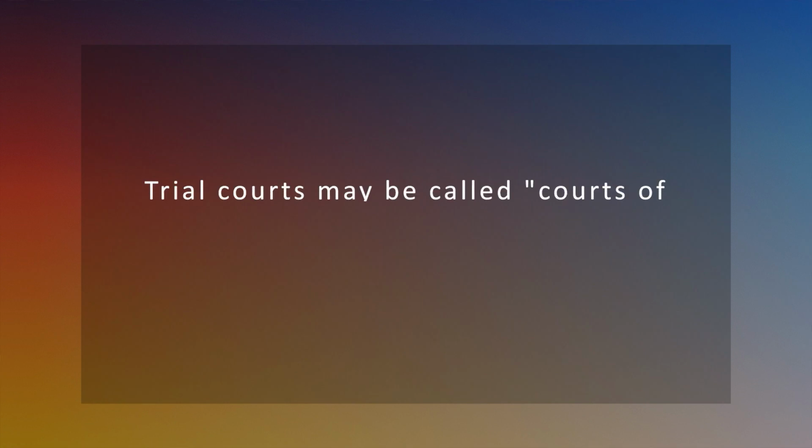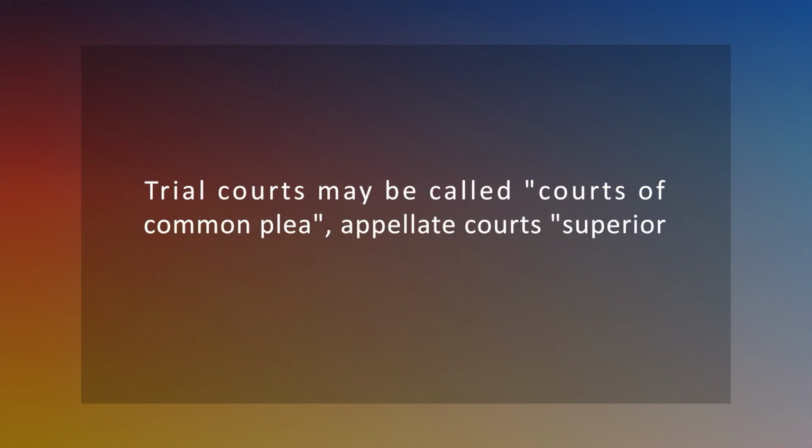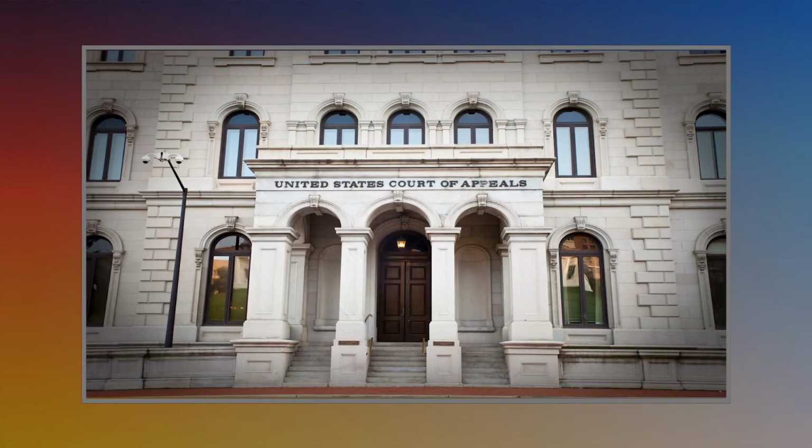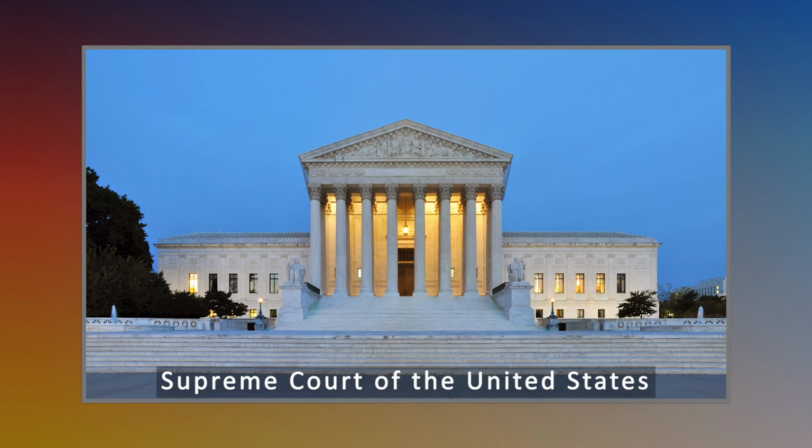Trial courts may be called Court of Common Plea, appellate courts, superior courts or Commonwealth courts. The judicial system, whether state or federal, begins with a court of first instance, is appealed to an appellate court, and then ends at the court of last resort. The US Supreme Court is the most powerful court in the world. The United States federal courts make up the